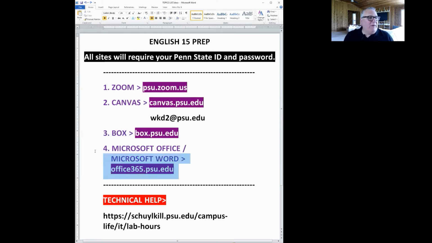Last thing I'm going to ask everybody to do is I'm going to show you the site to go to download Microsoft Office, which includes Microsoft Word. I am going to be asking everyone to use Microsoft Word for all the writing that we're going to be doing in English 15. I know those of you who love Google Docs, I can hear you screaming in the background already. But I am going to ask you to use Microsoft Word and to leave Google Docs behind